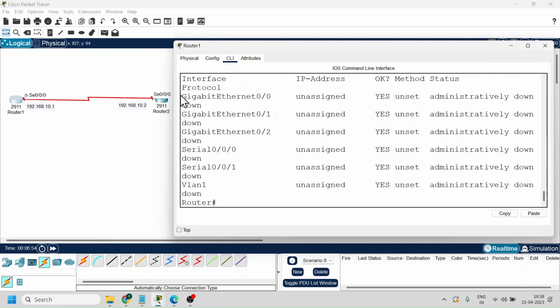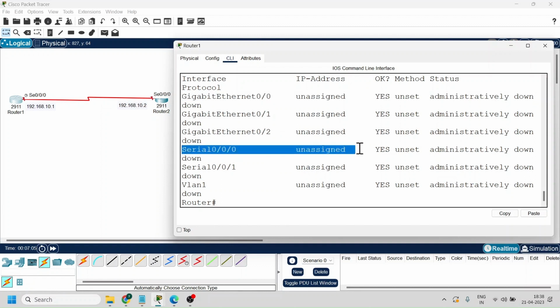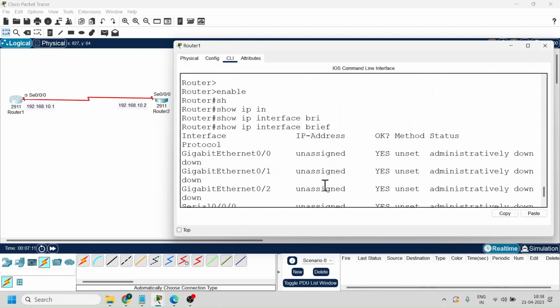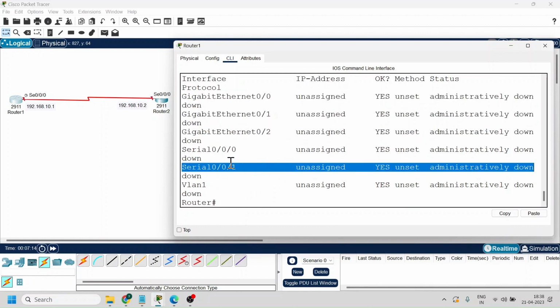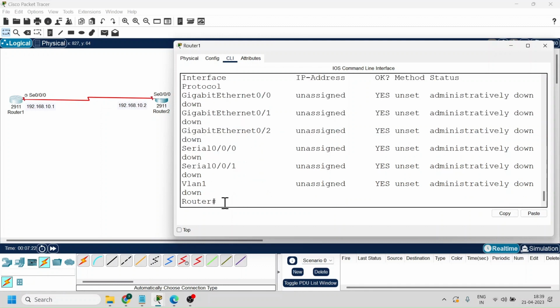So here I can see I have GigabitEthernet 0/0, the IP address is unassigned, and the status is administratively down. Serial 0/0/0 is also unassigned and its status is down, and serial 0/0/1 status is down. We have not yet configured any IP addresses. I can check the details of the ports with the command show ip interface brief,